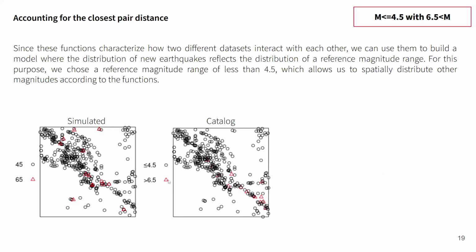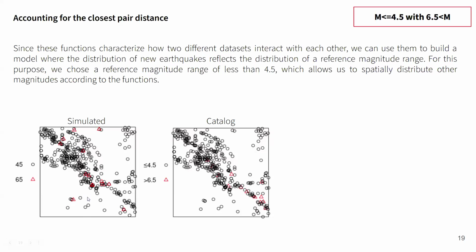So this is a region of L'Aquila. You have all the magnitudes less than 4.5 here, and in the catalog you can see some of the 6.5 around here, greater than 6.5. And when I try to simulate, I generate a new synthetic catalog, so my 6.5 will be recreated. So the localization will be recreated. So this is a sample of what you can get